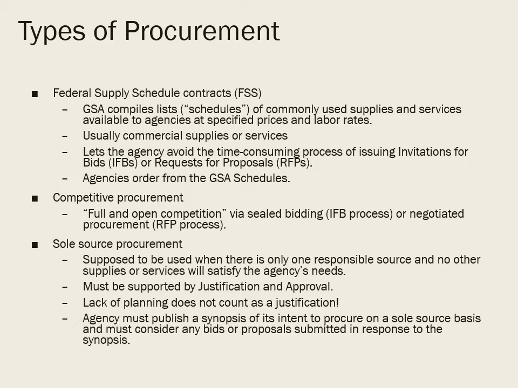When agencies do procure as a sole source, they go straight to one company and they ignore the competitors. But before they do that, they have to publish an intent to procure in the Federal Register, and they have to review bids submitted by any competitors. And it's in the sole source area where we really get the breakdown of implementation versus policy.